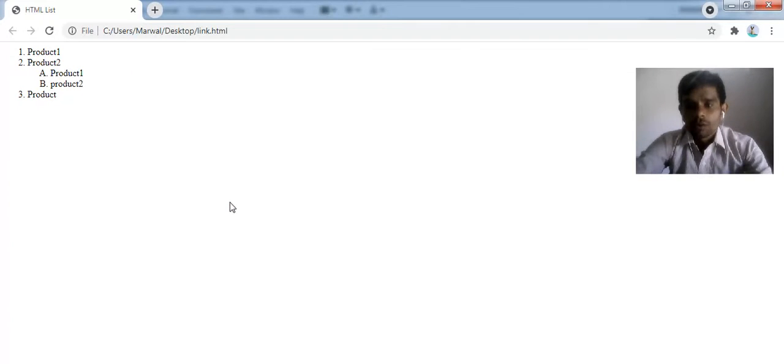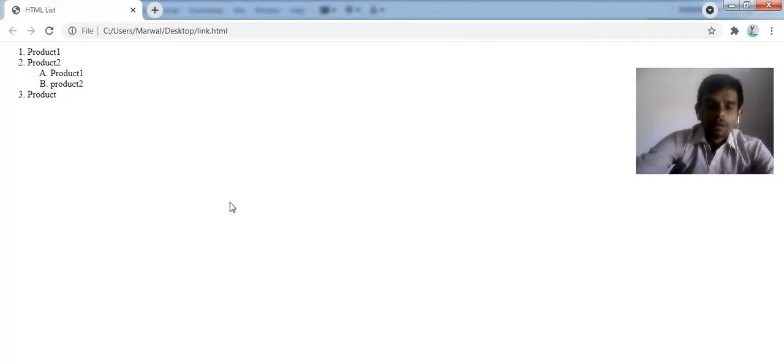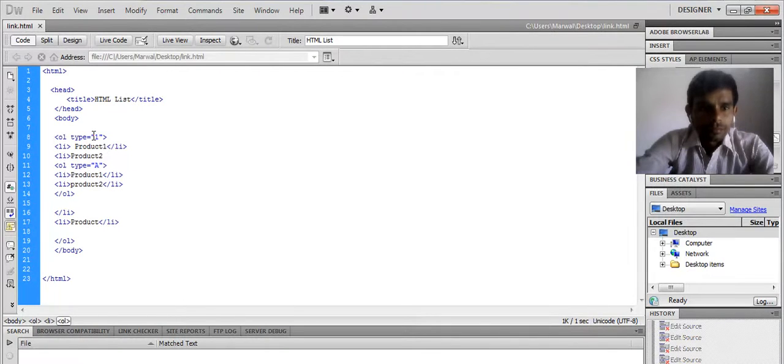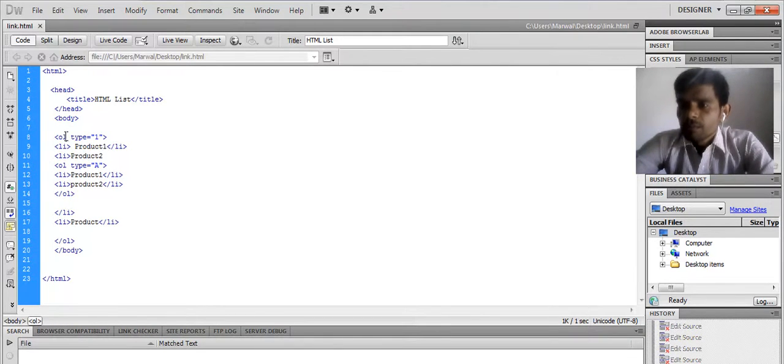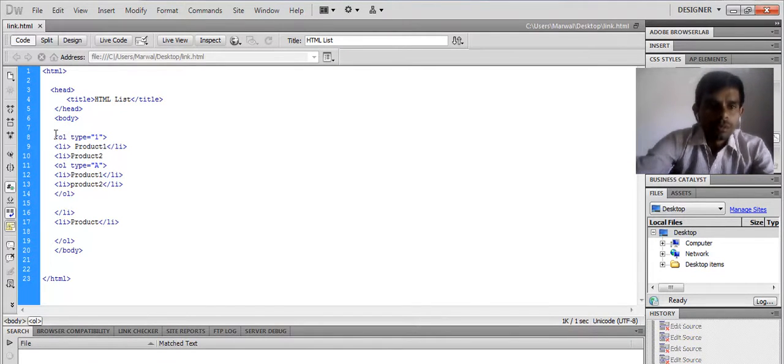Get that point? Now, what about the unordered list? Look, here I am using OL for the ordered list. If I want to use an unordered list, then what should I do? Let's see.